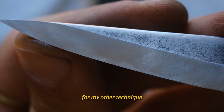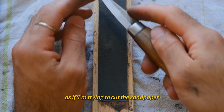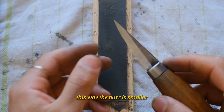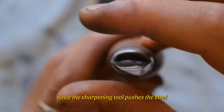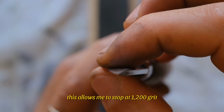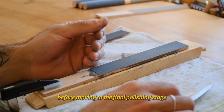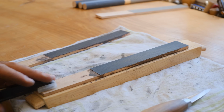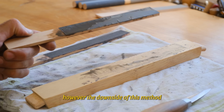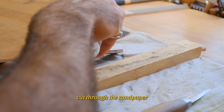For my other technique, I move the blade in the opposite direction, as if I'm trying to cut the sandpaper. This way, the burr is smaller since the sharpening tool pushes the steel instead of pulling it. This allows me to stop at 1200 grit before moving to the final polishing stage to make the knife razor sharp. However, the downside of this method is that it's easier to accidentally cut through the sandpaper or damage the